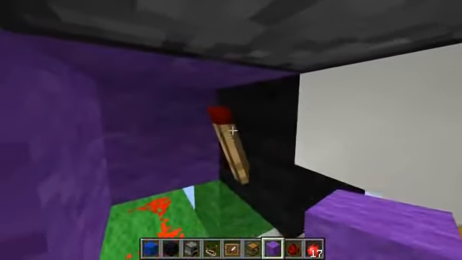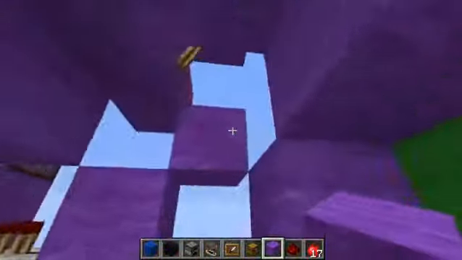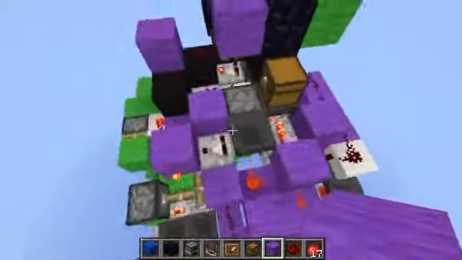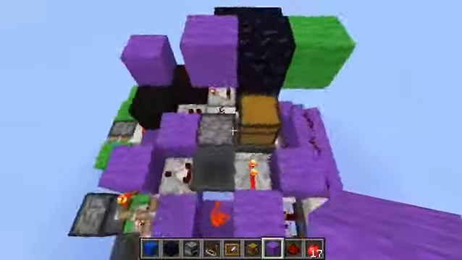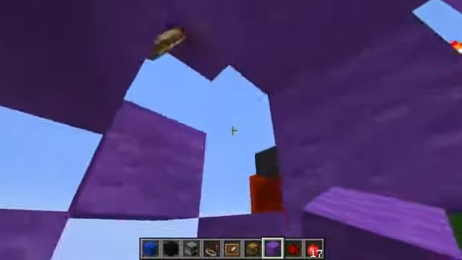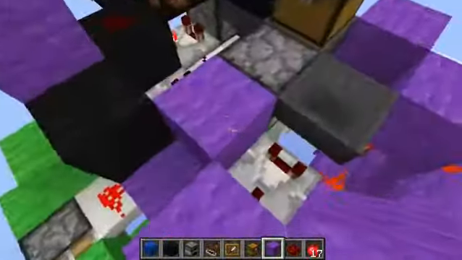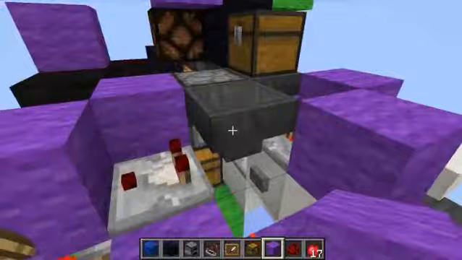Yeah, it depowers, and this redstone torch goes on up here, and let's get up there. Oh god, I've lost it again. Dang it. So it goes to here. It's the block next to this dropper. So it powers this, and